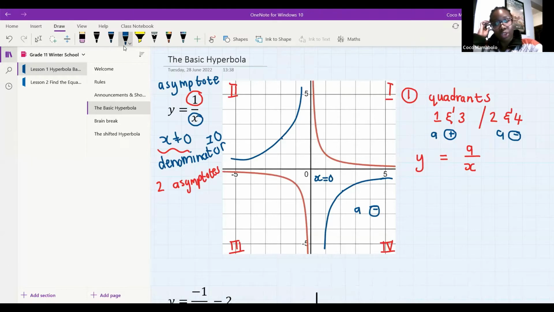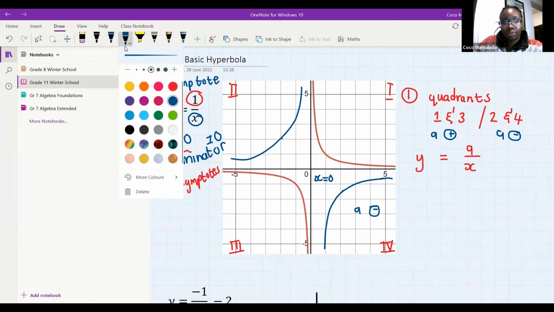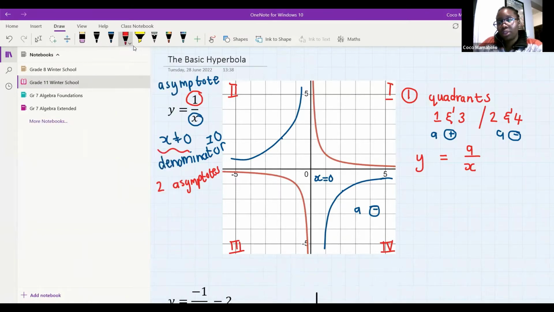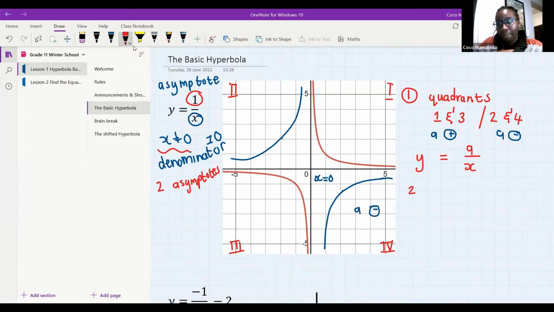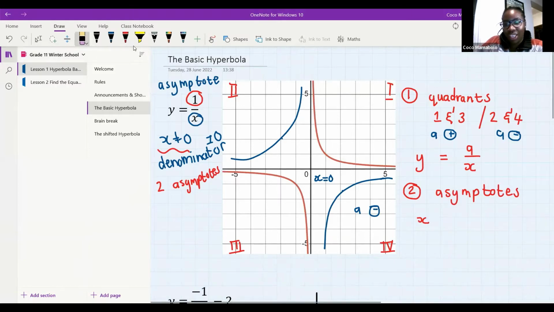Okay, so what we're going to look at first is the quadrants, and then we're going to look at our asymptotes. Okay, and for our asymptotes, remember, in order to find our asymptotes, we're going to look at where x cannot, or where the denominator, oh, let me not lie to you guys, the denominator, okay, the denominator is not equal to 0, because that will make our,